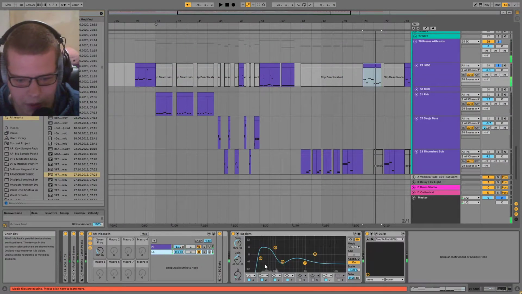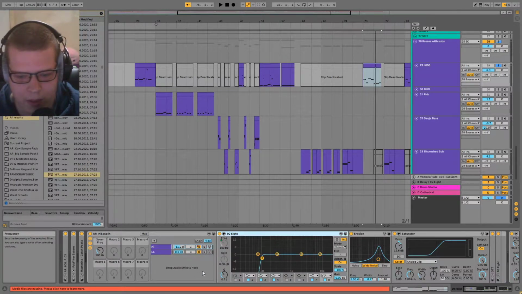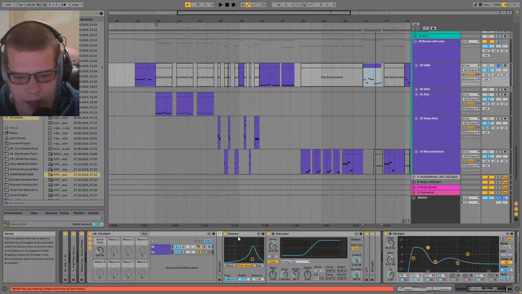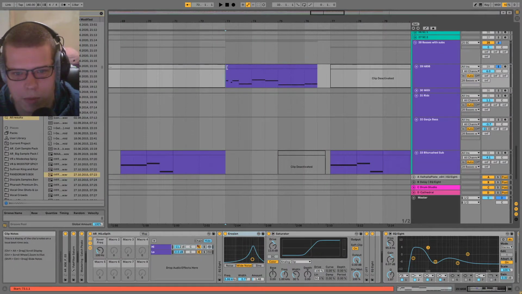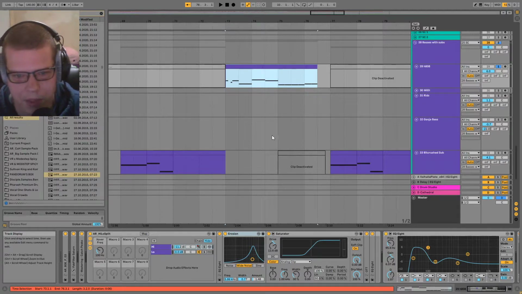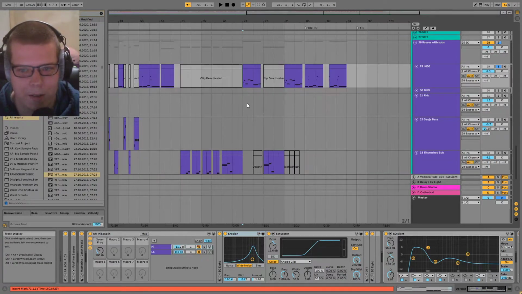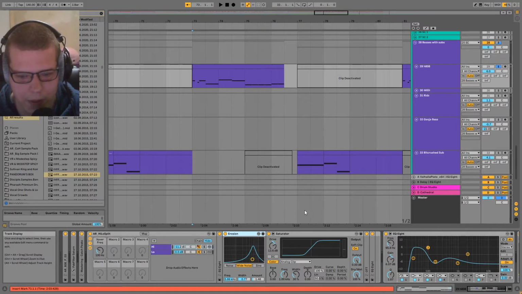So yeah, low, I've just got a simple boost. That's probably not really necessary. And on the highs, obviously that's just from the high-low split rack, cutting out the lows into some erosion, which is great for adding that grit to pretty much any sound really, but specifically 808s. You know, because a lot of people have that problem where you can't hear an 808 on a phone speaker. So if you do this, you'll definitely be able to hear it.